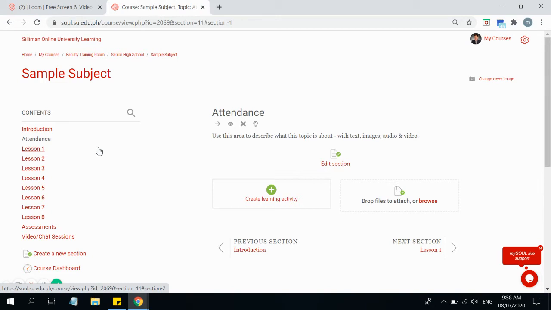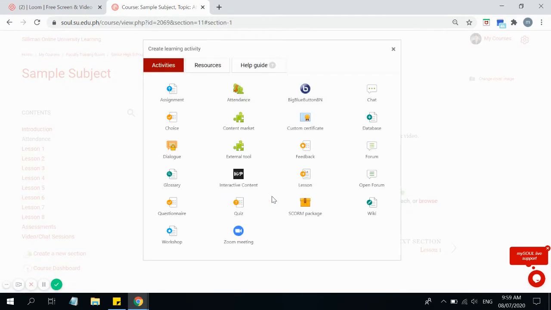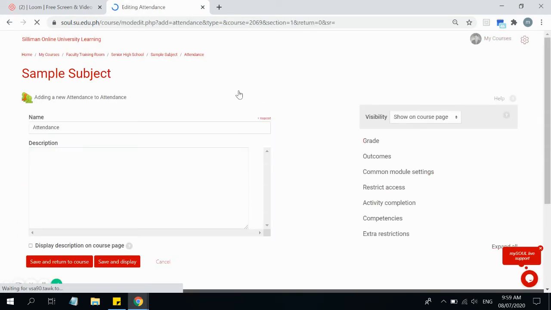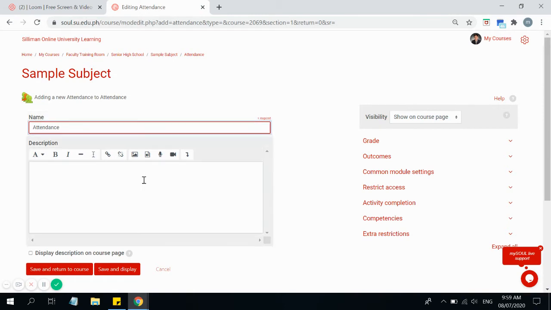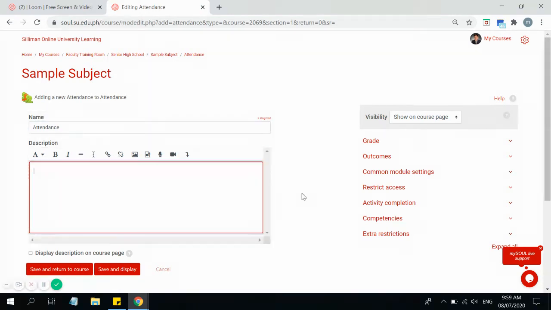Okay, so to finally create the attendance activity, same with any other activities, you just have to click the create learning activity button found in the lower portion of any section in your course, right? So click create learning activity and then go to attendance. Okay, so from here there's actually no need to change the settings in this page, but if you want you can customize the name and you can add description if you want, but let's just go and add sessions immediately. So click save and display,